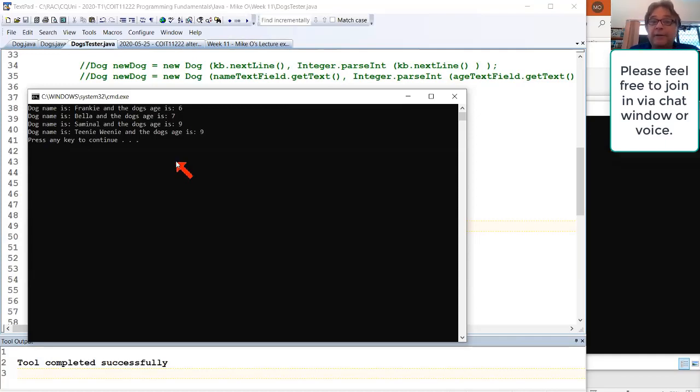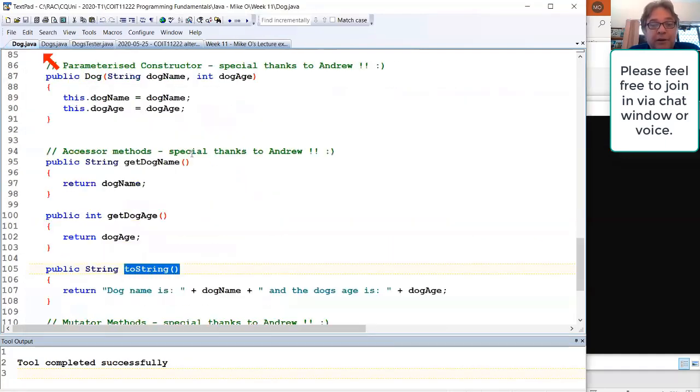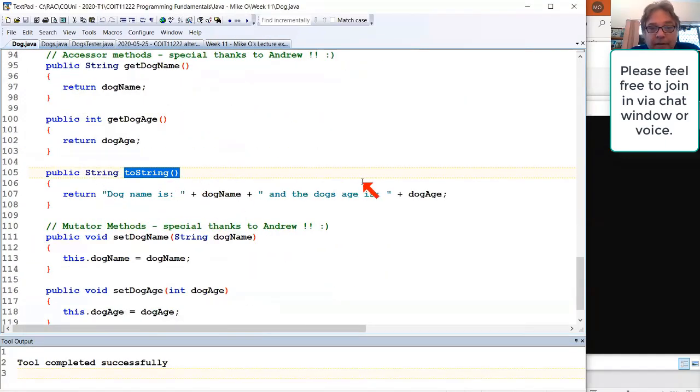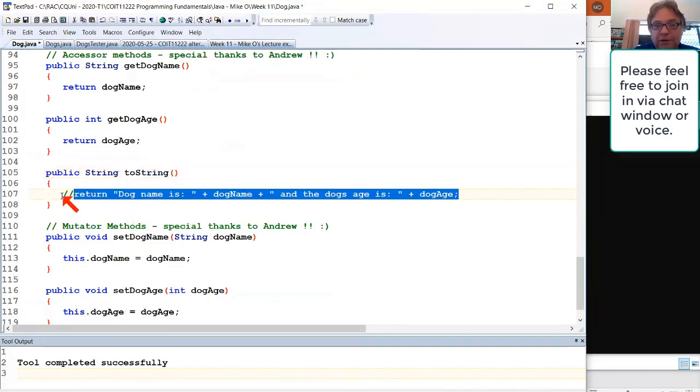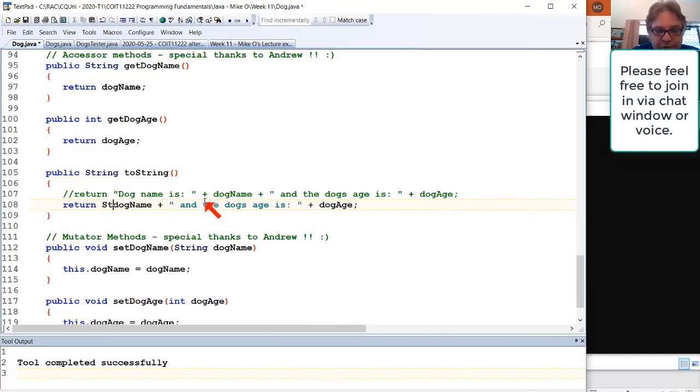So if I want to display the data in a nice tabular format, all I need to do is change my toString method here. Okay, let's do that. Instead of doing return like that, we'll do return, and we'll use String.format, %s, and I want a dog name that's say 15 characters wide, and I want it left justified. That formats the dog name. And then we'll do the age. %d for decimal, 4 digits, age,